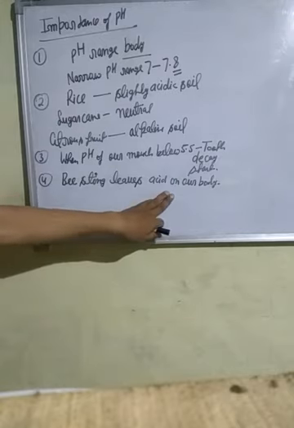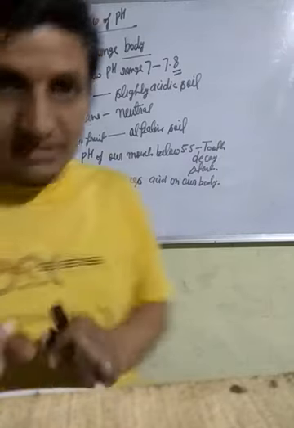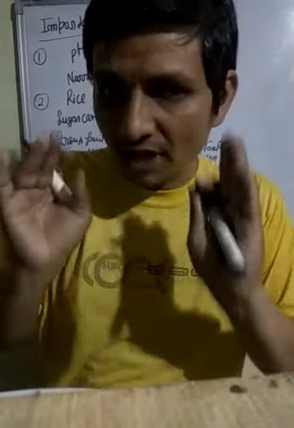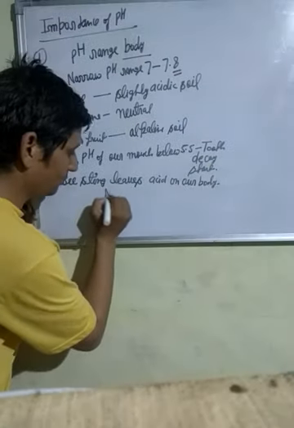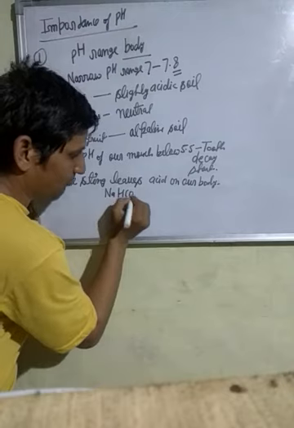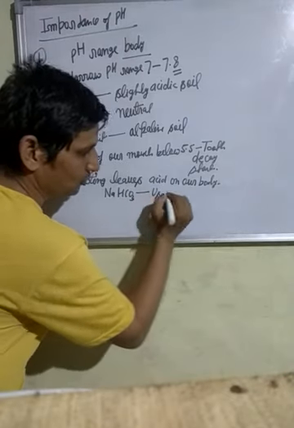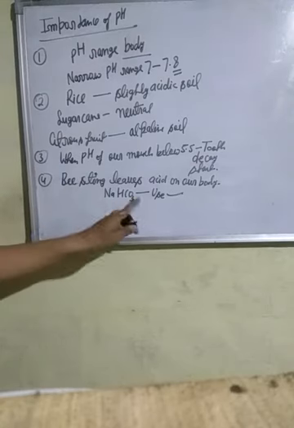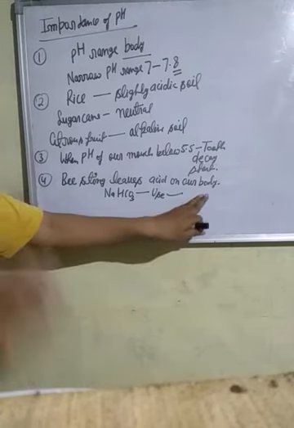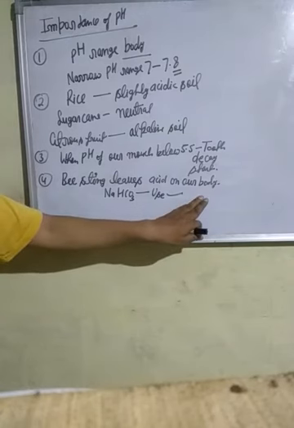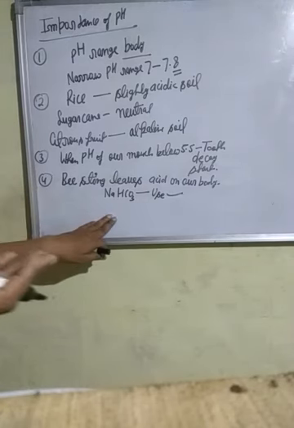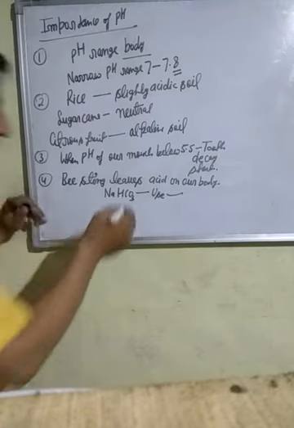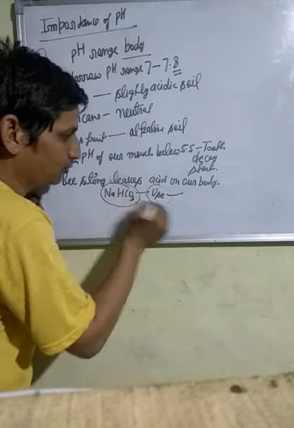So to get relief from a bee sting, we have to use sodium hydrogen carbonate, known as baking soda. It is used to get relief from the formic acid left on our body. The formula of formic acid is HCOOH. So to take care of ourselves in this case, use sodium bicarbonate.